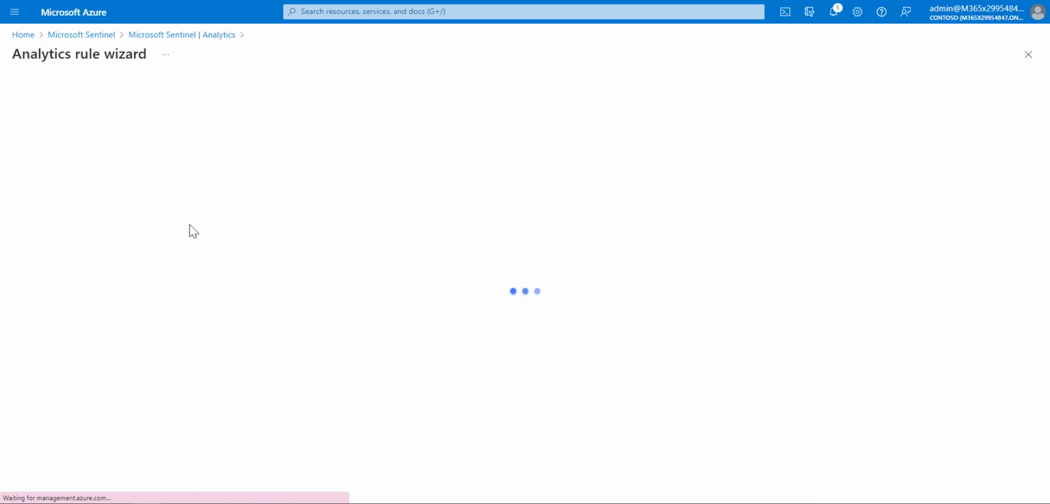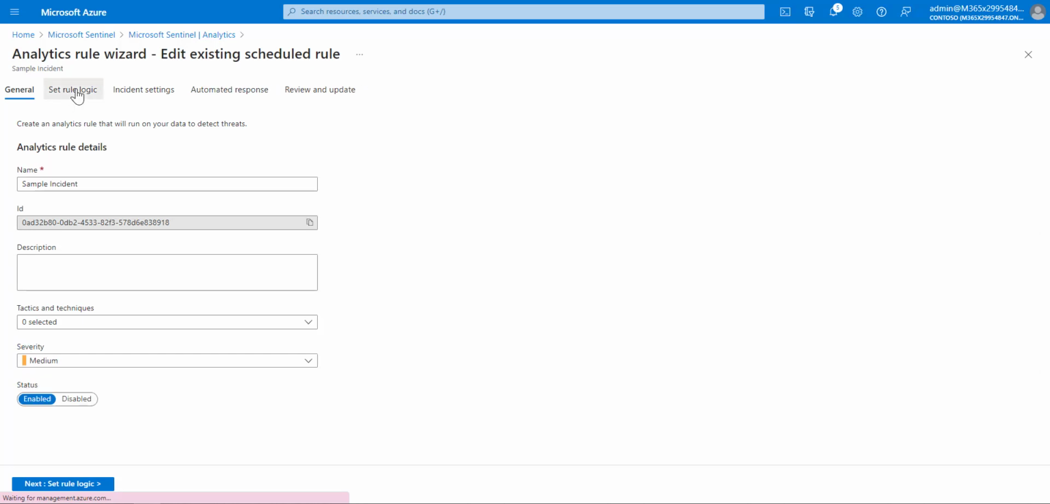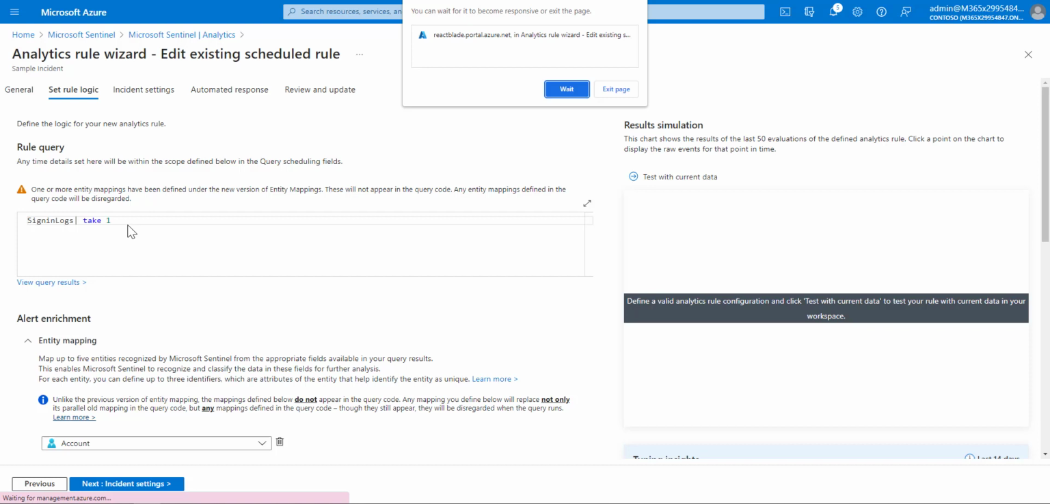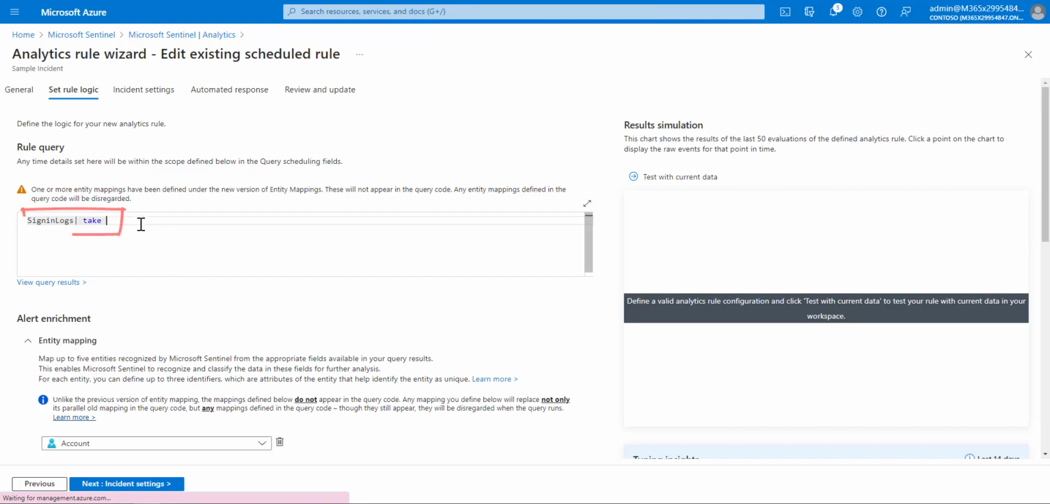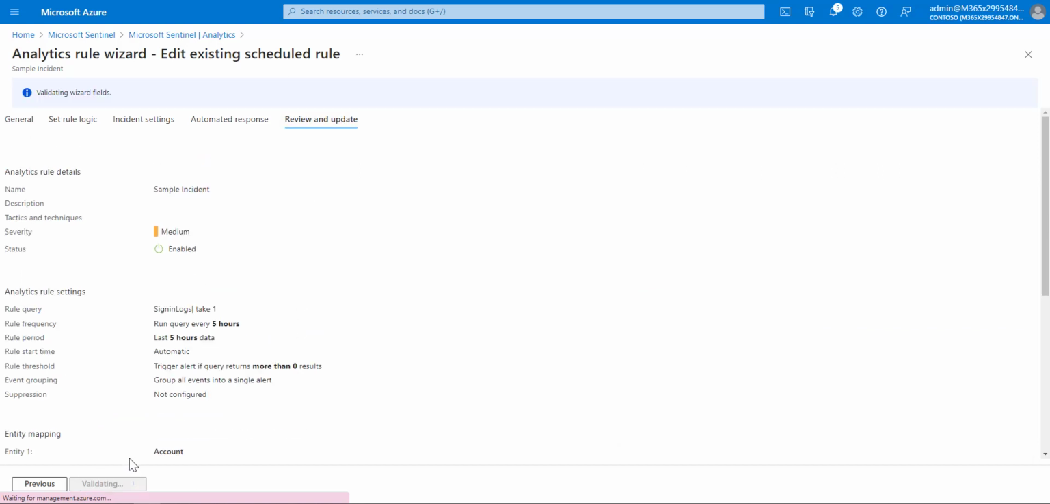And once we hit edit, just for demo purposes, I have been editing this query or detection rule a few times so that we can populate some data. Once it comes in, we go to set rule logic, and we make a very small change which could be visible. So we will make it 2, and we can straight away go to review and update. And once it is validated,